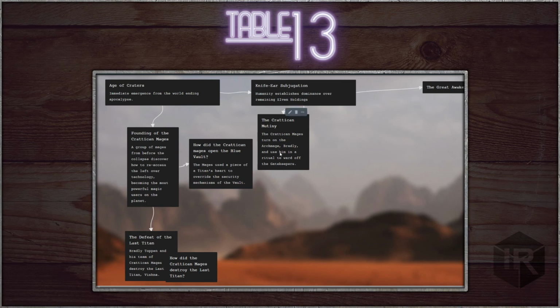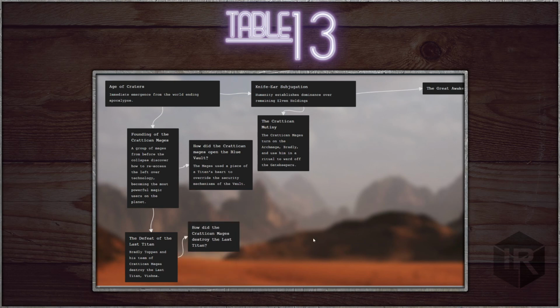All right. So who are you requiring and banning as characters? I am going to require Bradley Toppin and the Titan. Are you banning anybody in particular? I don't have any bans in mind. I think I would like the other person to be an elf. Not necessarily any specific elf, but that someone here is an elf. Maybe Bradley Toppin's an elf. I don't know.